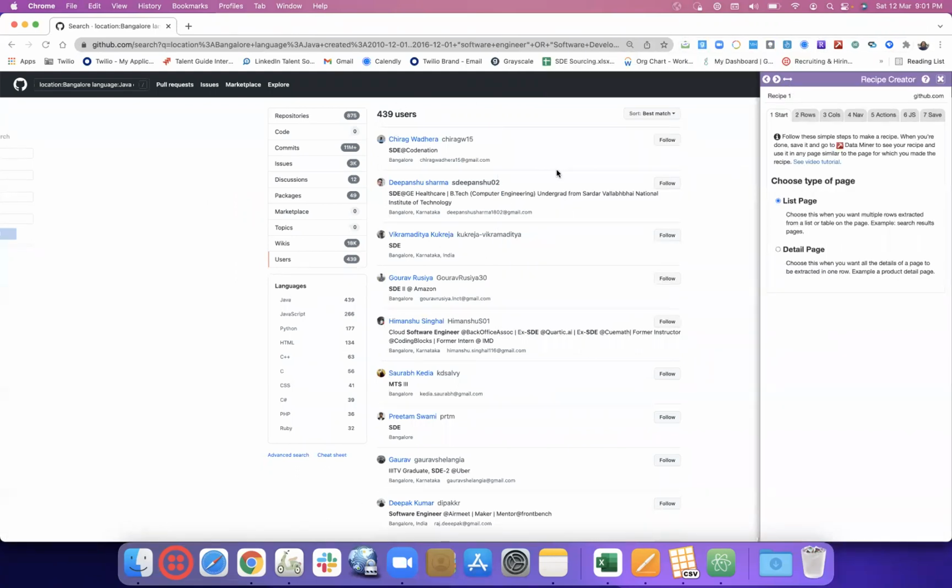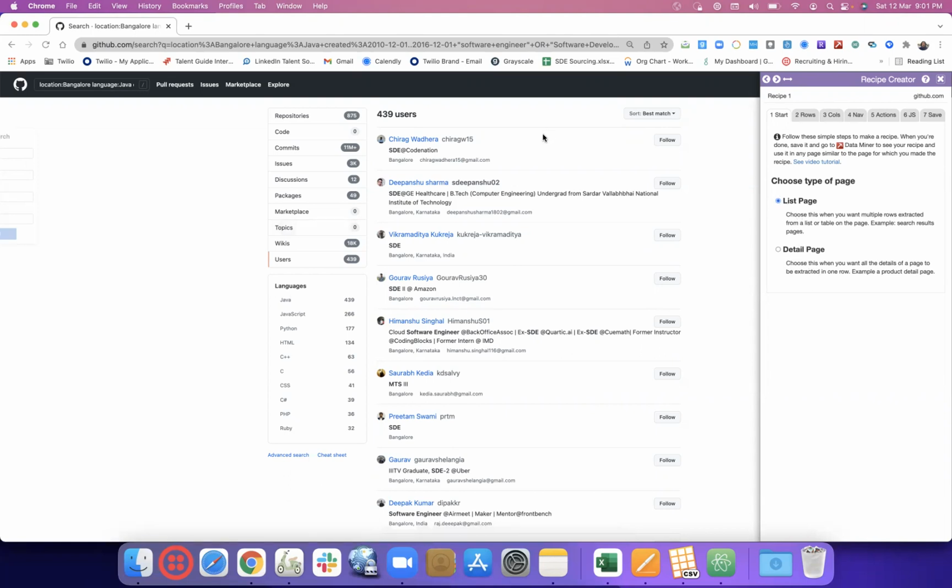So here we have results as per the list. Now let's say if you're going for LinkedIn, where you open a first profile, then you have a widget which will help us move to the next profile. Like let's say there are a list of 10 profiles. First I view the first profile, then I click on the widget, and it goes from the first to the second page and shows me the second profile. Then again it goes to the third. So if you want to scrape data profile-wise, then you can always go with the detailed page version, which I've never done because that is way too much work.